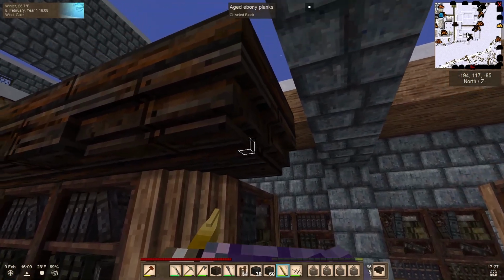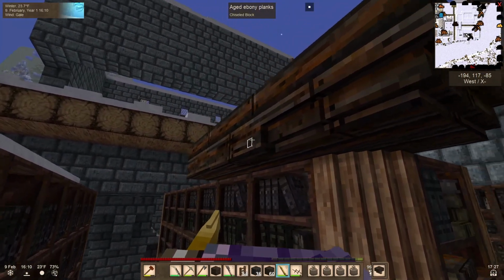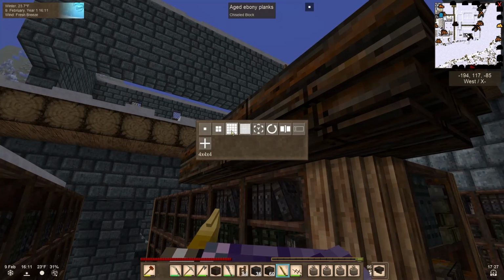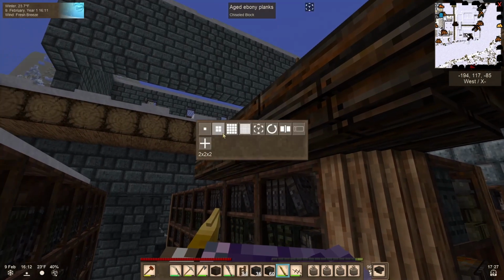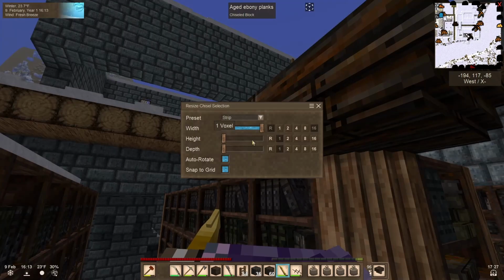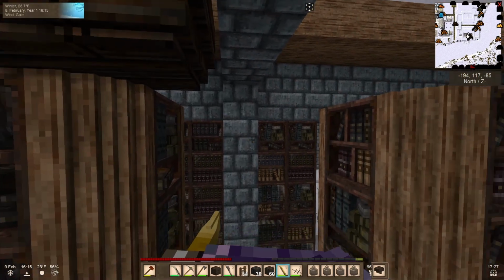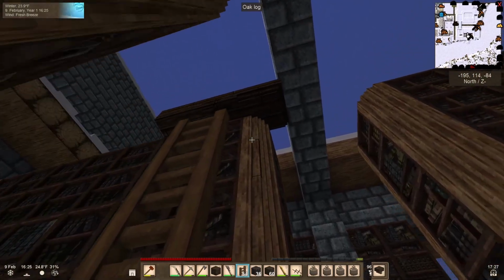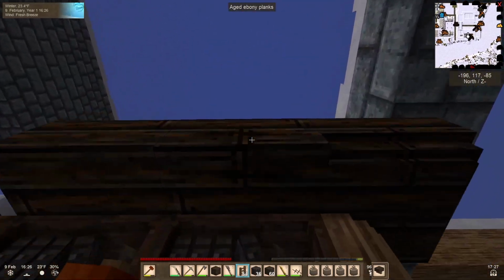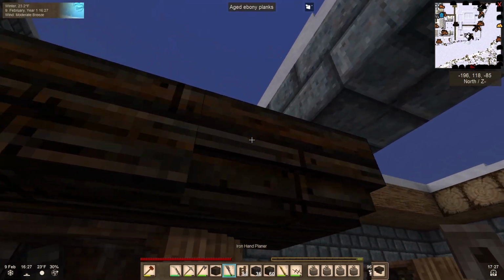Yeah, I think that could be something there. Let's try and copy this over on this side and see how we end up. Again, let's use our resizable here and let's make this, yeah, just a little wider. You know what, I think that sticks out even a little too much. Let's go ahead and grab our hand plane and let's knock this back a few more blocks. Let's do like,